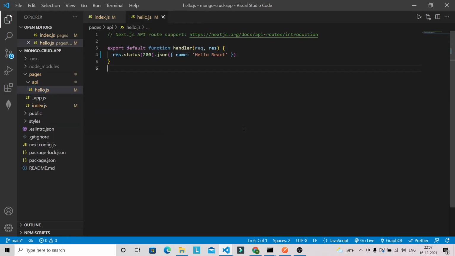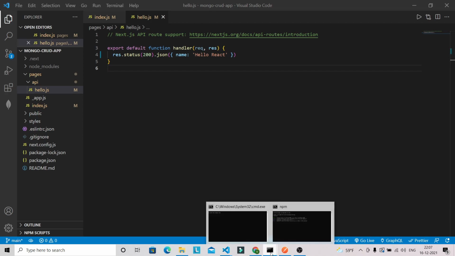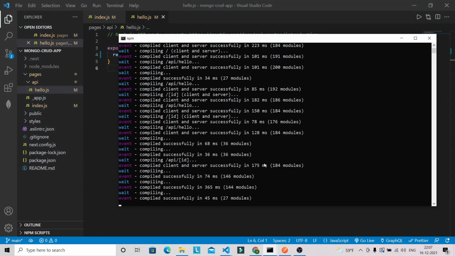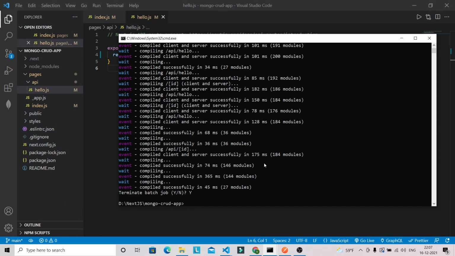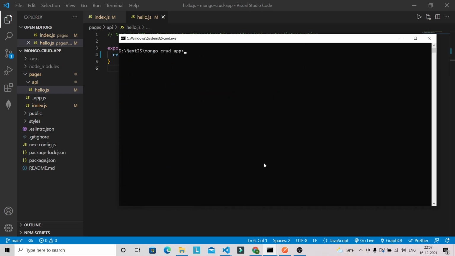Okay, now what we have to do is install some packages. So we are going to kill the server first, then we will install the packages that are required for this project. We are going to install the packages like,